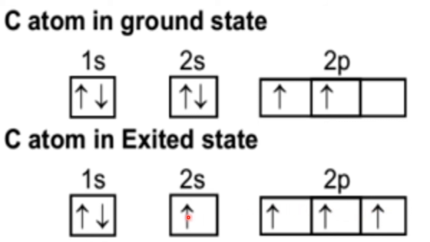That means if the carbon wants to undergo hybridization, it has to undergo between which orbitals? One is the s orbital, namely 2s, and three p orbitals, the 2p orbitals. So totally one s orbital and three p orbitals mix together to give sp3. 1s, 3p, sp3. So carbon in methane undergoes sp3 hybridization.